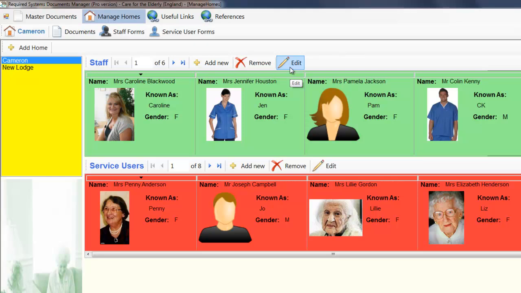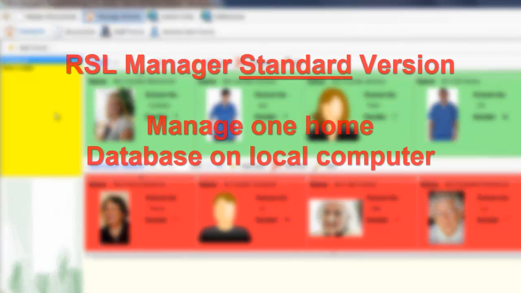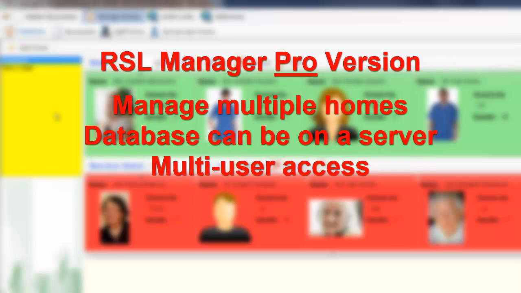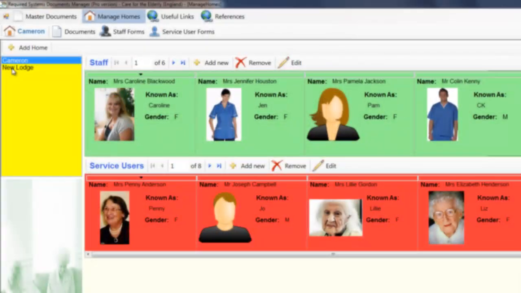As I said, there are two versions of this software. The standard version allows you to manage one home. You can have as many staff or service users as you like, but it will only be one home. In the Pro version of the RSL Manager, you can manage multiple homes, and this is an example of the Pro version here. I'm managing 2 homes, Cameron and New Lodge, and you can manage as many homes as you want. The other advantage of the Pro system is that you can put the data onto a network device, like a server or a shared area in a computer, and multiple users can access the data. This is not possible in the standard version, where the database is simply stored on the local computer it is